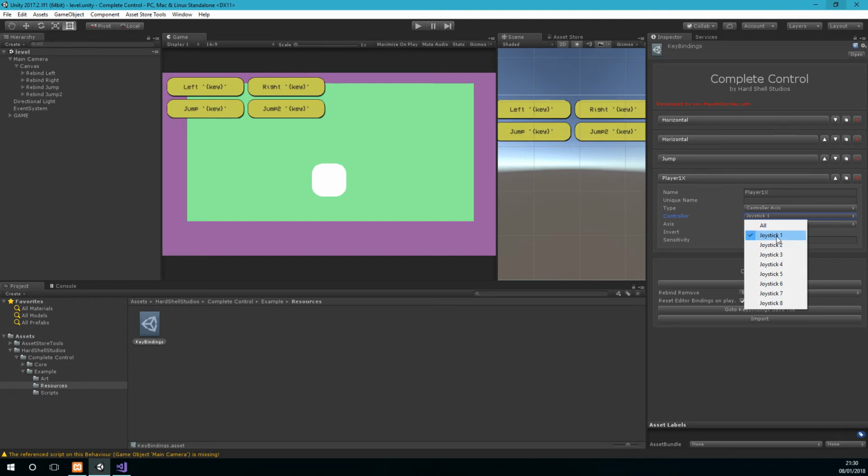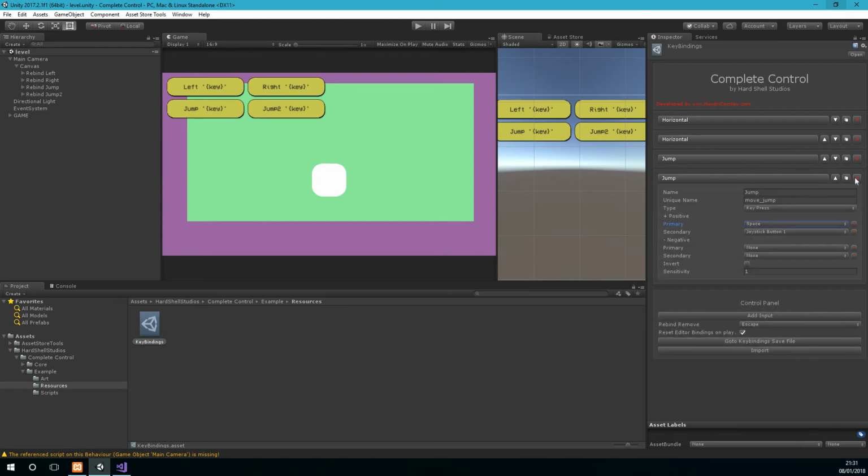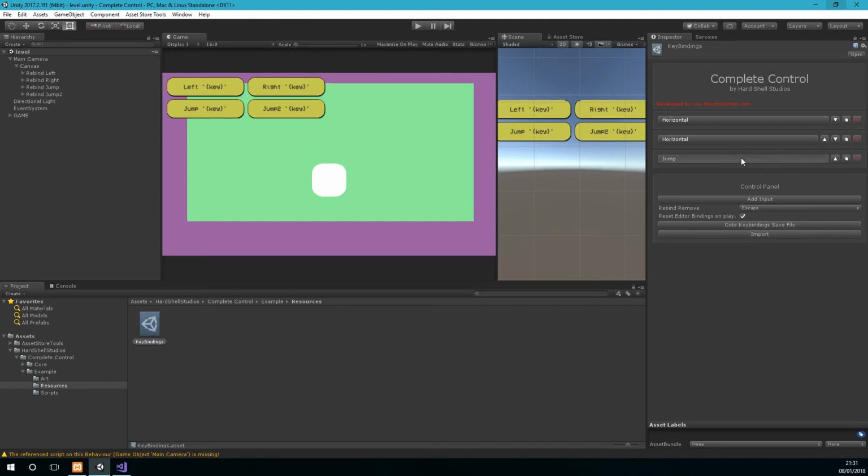Simultaneously. So if you're making a FIFA clone, or a Super Smash Brawl type thing, you can do that. Set the joystick number, or just set it to all if you just want to be standard. You can also duplicate your inputs if you want to quickly do them differently. So yeah,